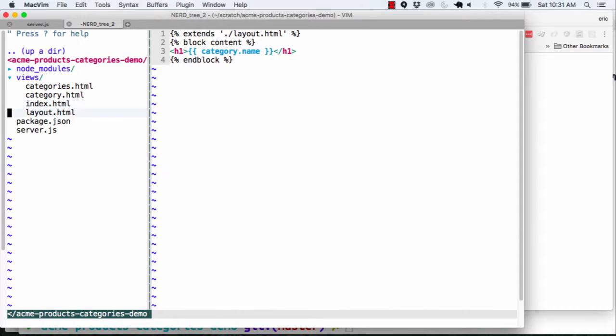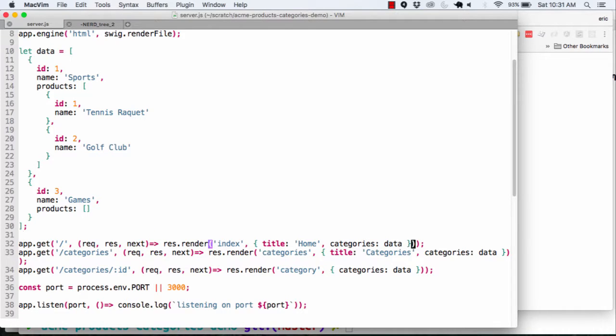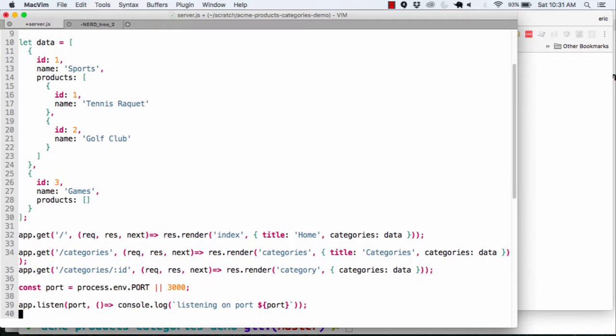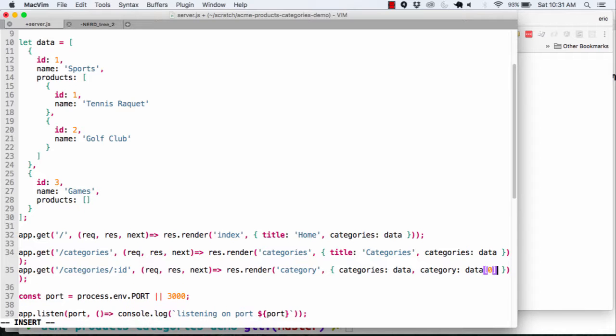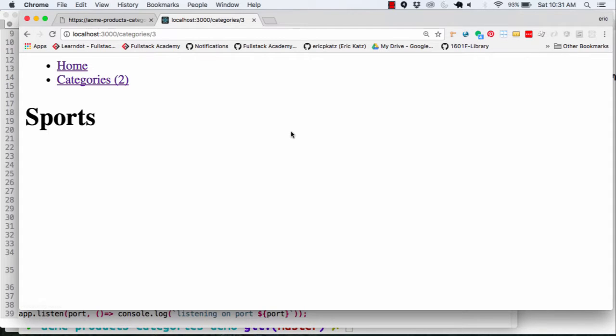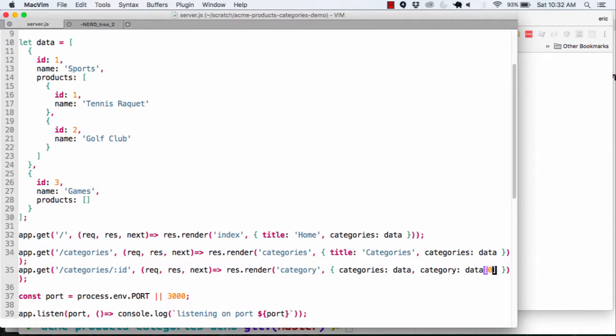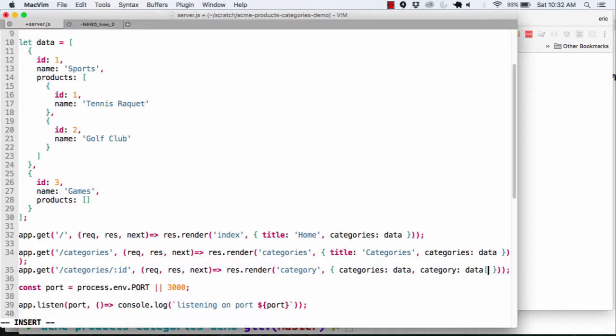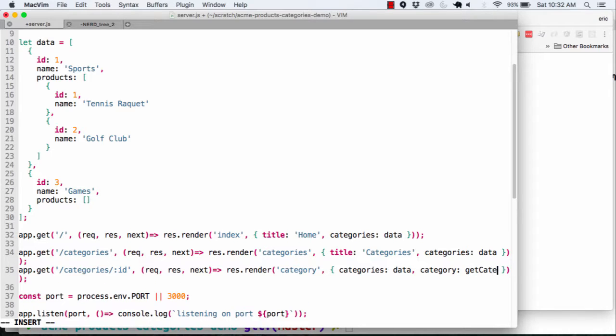Well, right now we've got this in one file. We'll start to separate it out a little bit. But before we do that, let's build this out a little bit. So what we really want to do here, now again, I could do this: category is equal to data 0. That's not really what I want to do. This will just give me the sports at this point, but it'll give me something, right? So instead of doing that, what I want to do is I'm going to have some method called get category, and I'm going to pass in